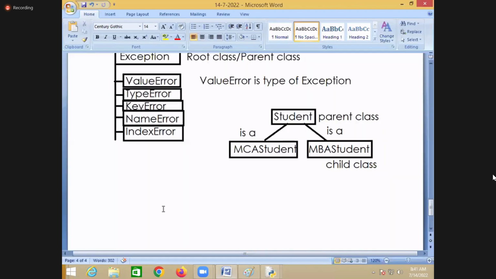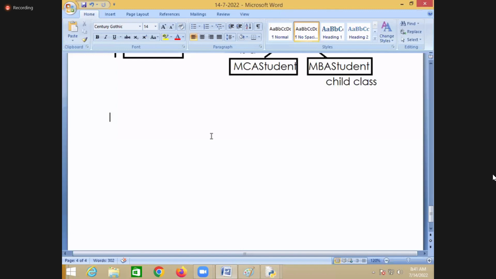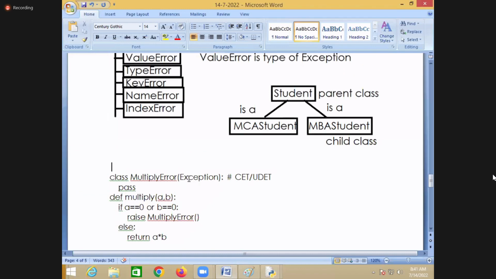So when existing errors don't match your logic, then you build your own error types, and you call them user defined exceptions.